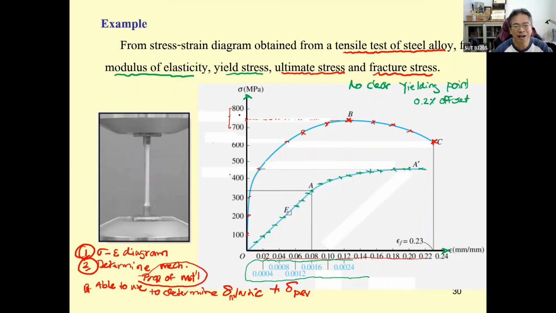Let's say each of these is 10 millimeters, and 10 millimeters represents 100 megapascals. If one of you measures this and gets 3.5 millimeters, then it is 100 times 3.5 divided by 10. So this is going to be 35. If this is 35, then at this point the sigma sub u is going to be